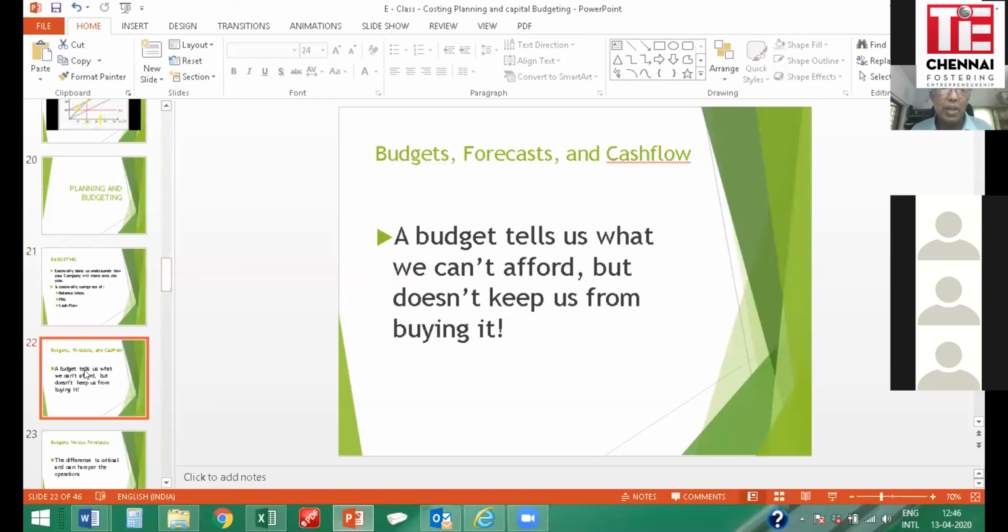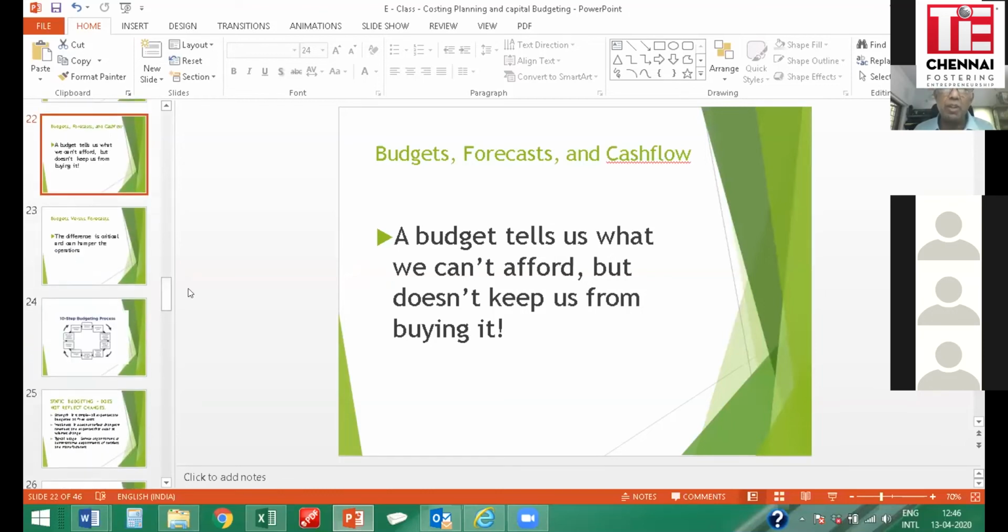In a slightly lighter vein, a budget actually tells us what we cannot afford. But unfortunately, it doesn't keep us from buying it, because we believe optimistically as businessmen that, fine, let me do it, I'm sure I'll be able to recover the cost. There's nothing wrong. That's how businessmen should be, because consultants are sometimes very, very conservative. If you listen only to consultants, you don't get anywhere. That doesn't mean consultants are bad. I'm one myself. But you must understand, the businessman has that bit of extra spark in him, and he has to make a judgmental call on whether he should buy something and make it work.